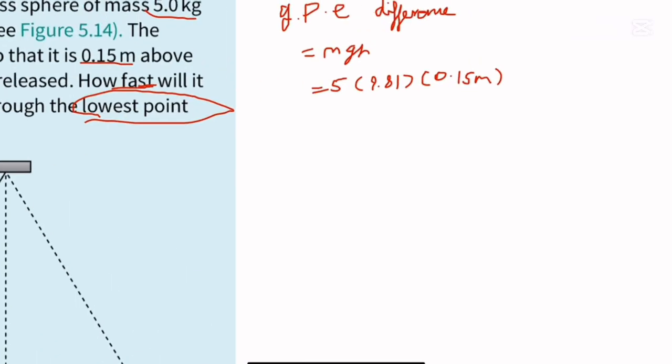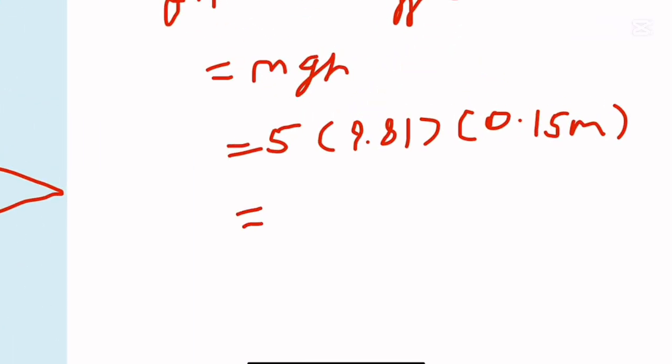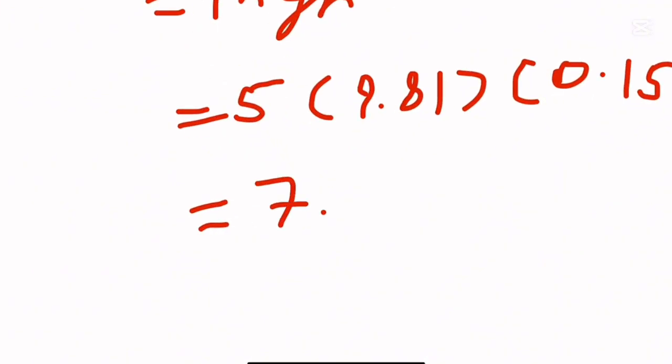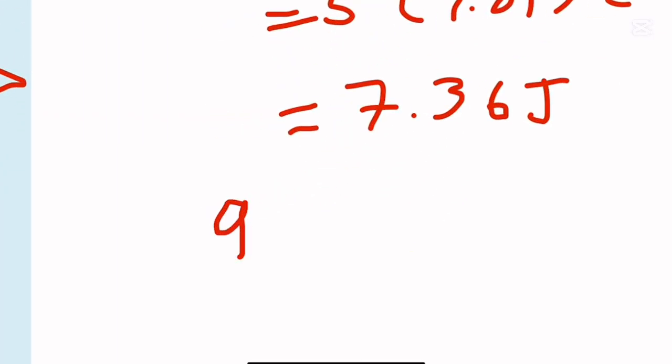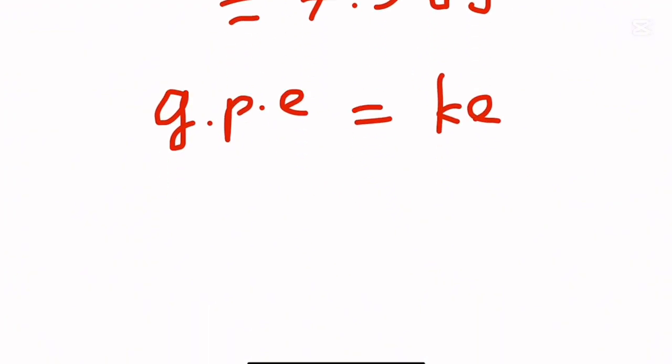So yes, let me take my calculator, and we just need to solve this in the calculator. This will tell me the GPE difference of an object, right? So 5, 9.81, 0.15 meters. We get about 7.36 joules of energy, and then this GPE is going to be the same as the kinetic energy because energy is conserved